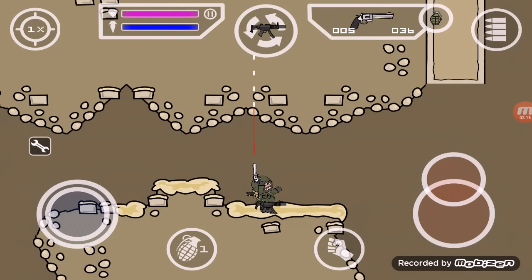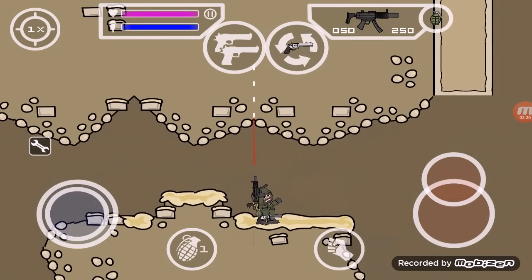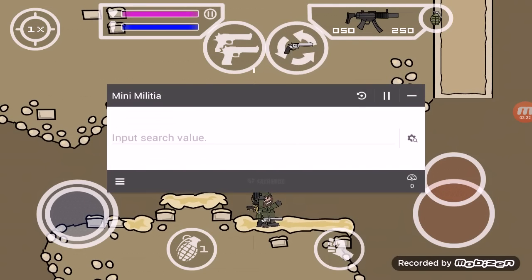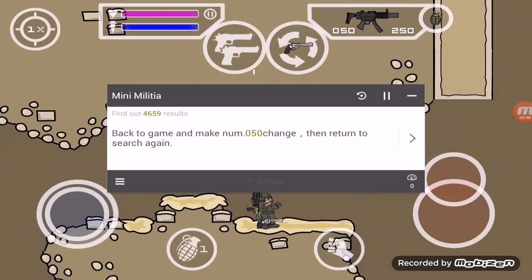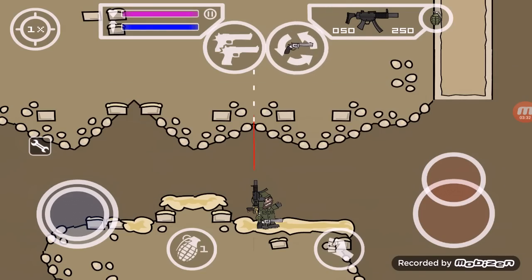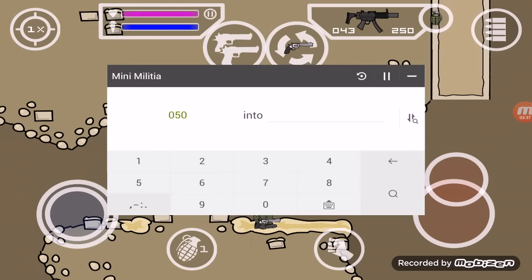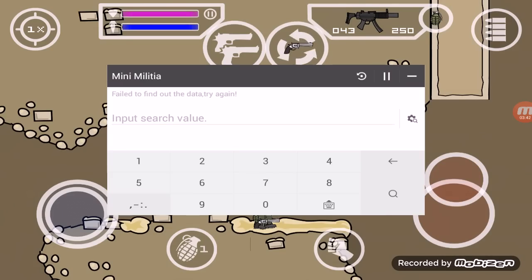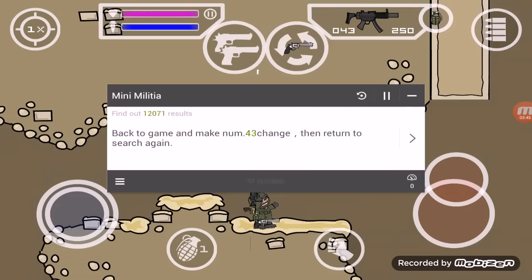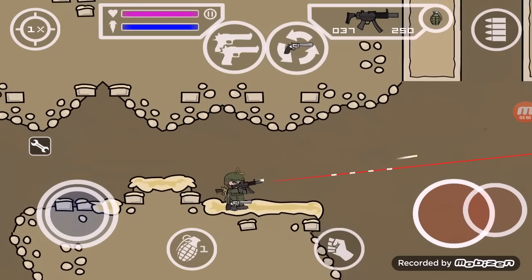Like this. And how many ammo, and go reset, and 0, 5, 0, recharge. Like that. 43, restart it. 43, yeah, like that. 35,